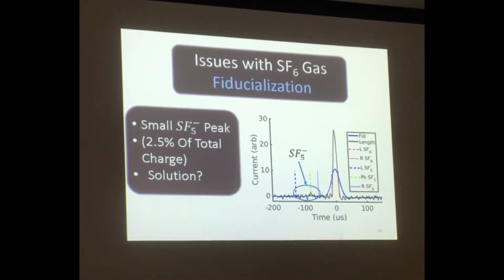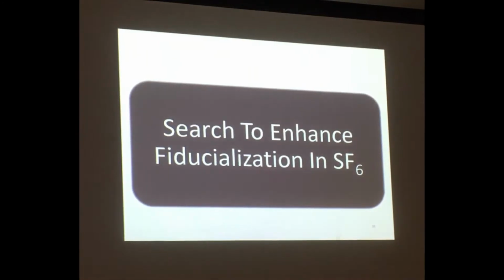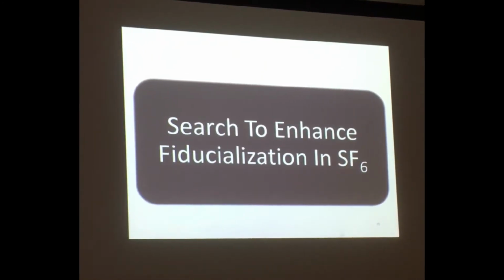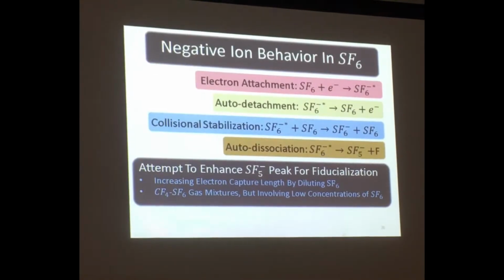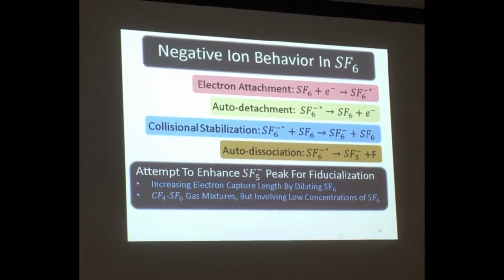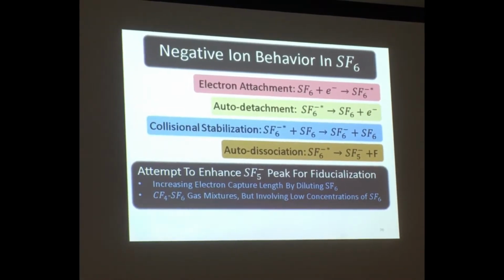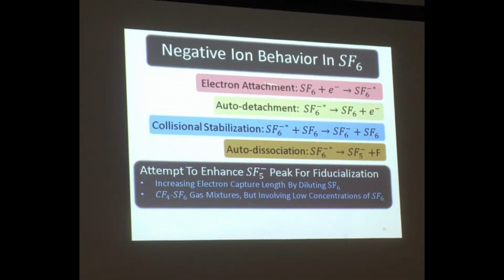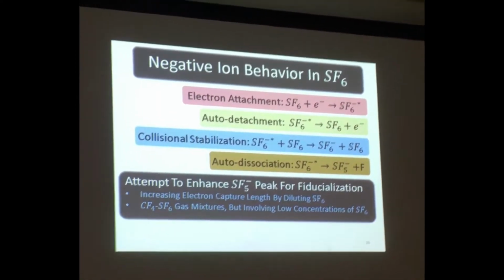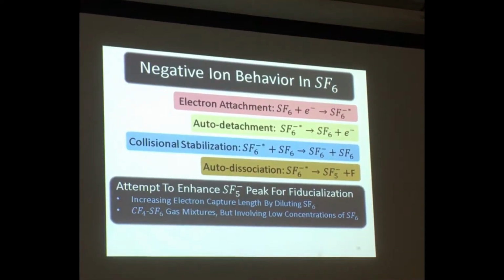So that is what I'm going to talk about now. We started searching for a way to enhance that fiducialization. And in order to describe how we thought we would do that, I want to talk about the negative ion behavior in SF6. So the first step that happens is the particle leaves behind a trail of ionization,